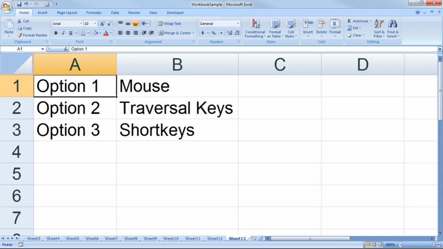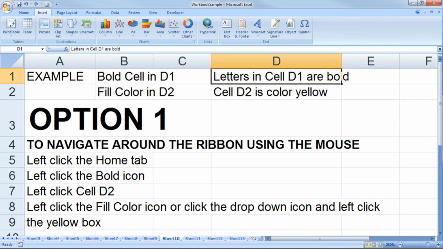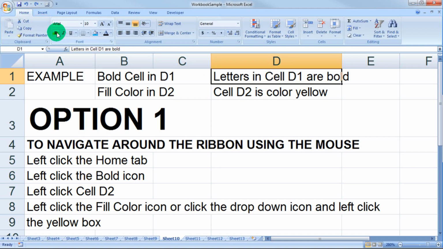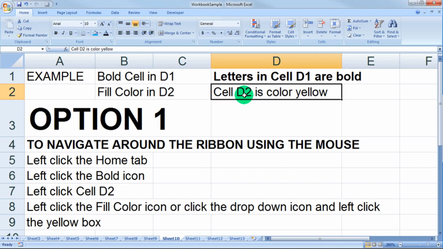Under option 3, the initial and subsequent short keys are used all the way to navigate around the ribbons. I will use the same example for all three options by bolding the characters in cell D1 and filling color yellow in cell D2. Since cell D1 is my default active cell, I will navigate around the ribbon using the mouse. I will go to the Home tab and left-click, go to the bold icon and left-click to change the characters from normal to bold, and then I hover on cell D2, left-click to change the active cell to cell D2,